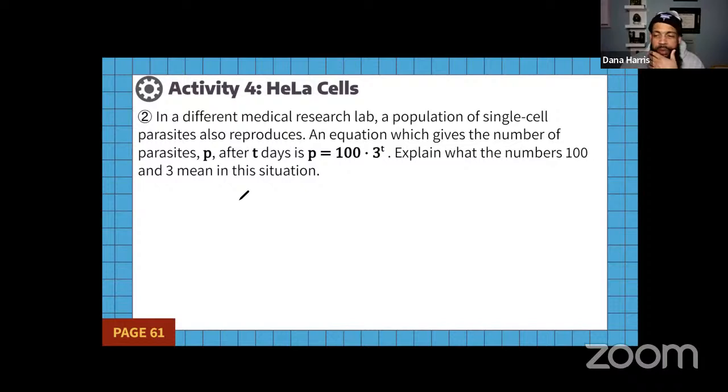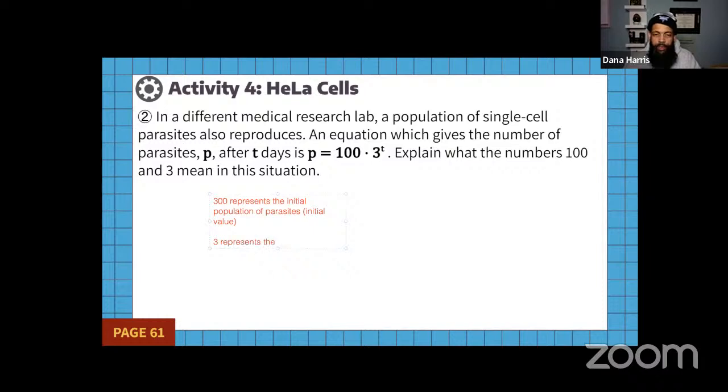Explain what the numbers 100 and 3 mean, okay? So 100, notice that initial value is always that first number. 300 represents the initial population of parasites, okay? And we're going to put in parentheses initial value, okay? The 3